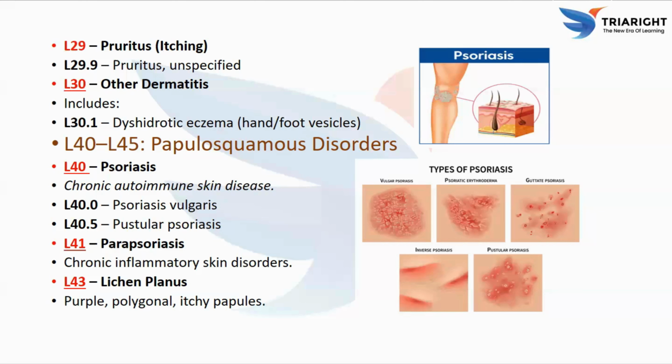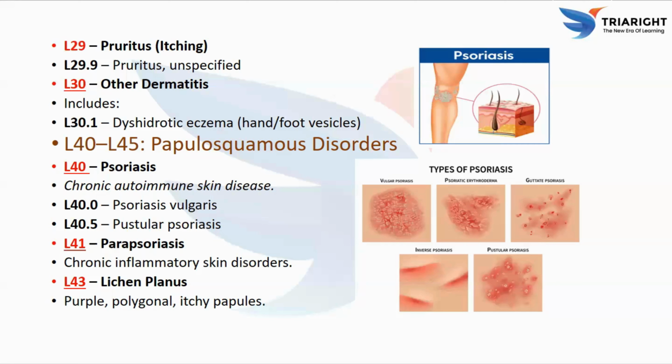So coming to the L40 to L45 code category of disorders. These are chronic inflammatory skin diseases. These are characterized by scaly, that is squamous epithelium, and also raised papular lesions. So what is psoriasis over here? Psoriasis is a chronic autoimmune skin disease. How is it produced? This is due to a rapid overproduction of skin cells. So the skin appears red, inflamed, thick and covered with silvery white scales in a person suffering from